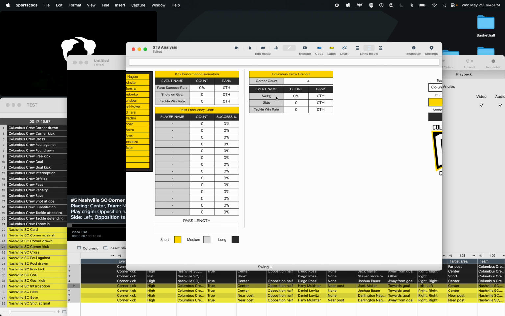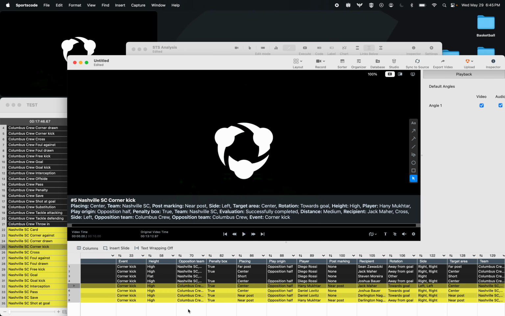So what I might need to do instead is one separate for each one. So we might just do swing, side,